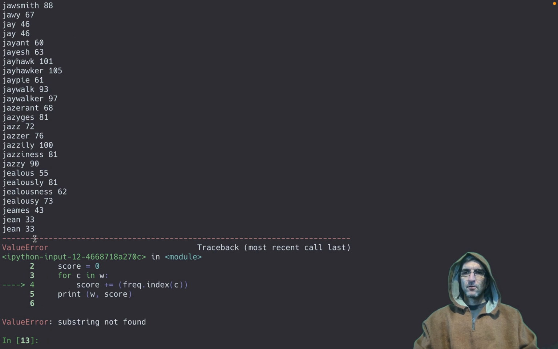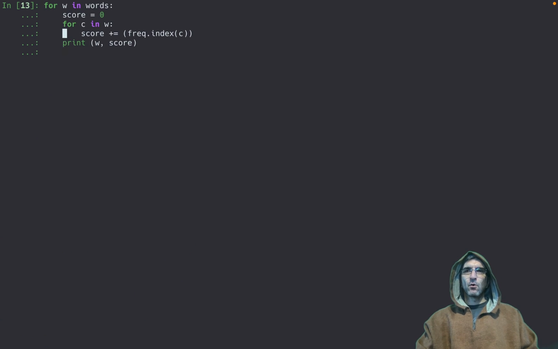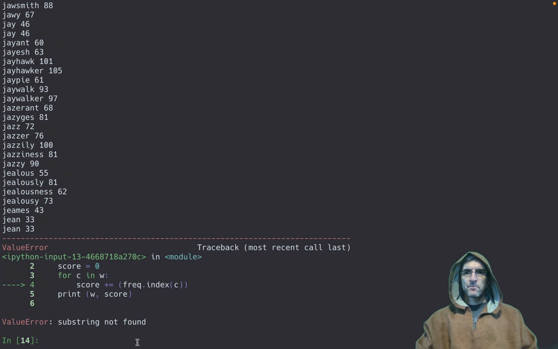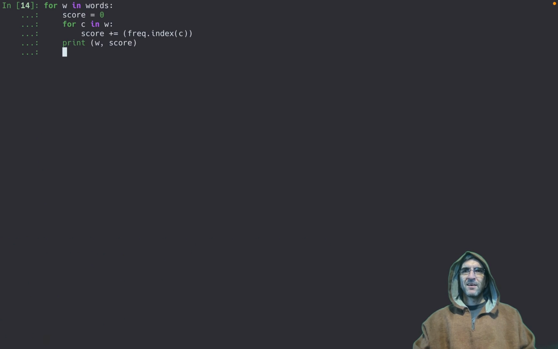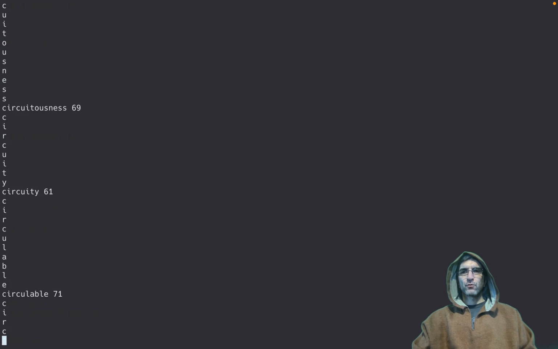After Gene with 33, we have an error. Why is that? If I want to troubleshoot it, I can say, okay, what was the error? See, it says substring not found. When trying index C, substring is not found. So most probably we are seeing a character which we don't have. Let's try it. Print C. Very easy. It goes for every word